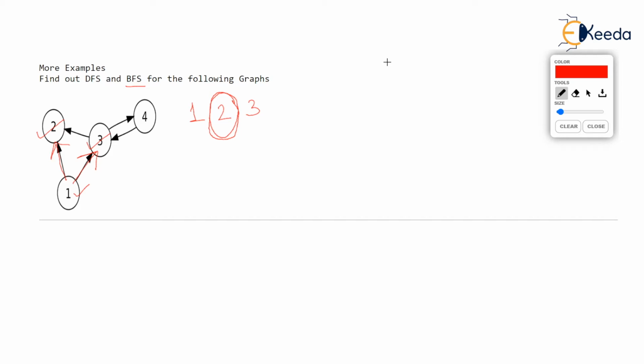So you take this vertex 2 and see the neighbors of 2, but you can see that 2 does not have adjacency to any of the vertex. 2 does not have outgoing arrow to any of the vertex. So you can't go to any new vertex from 2. So you take the next vertex which you printed, which is 3, and check the neighbors of 3. Neighbors of 3 are 2 and 4. You can see you can go from 3 to 2 and 3 to 4. But 2 is already visited. So you can print the pending neighbor, which is 4. Now 3 is also done, 2 was done, 3 is done.